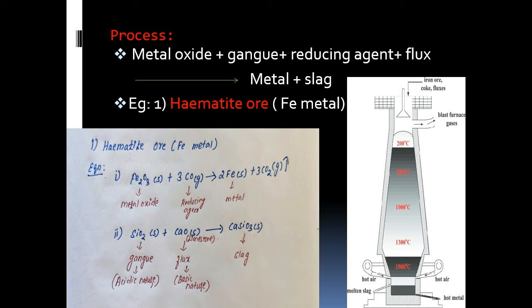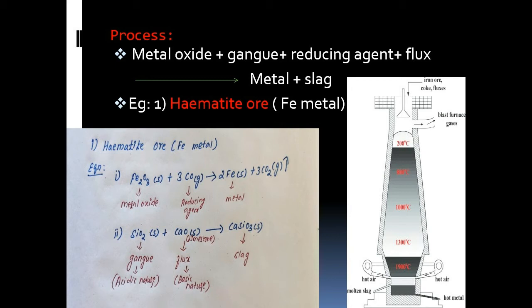Now what happens: the reducing agent reduces it into its metal. So iron metal is obtained separately, and carbon dioxide separates and is released. Now we have obtained the metal separately. But along with this metal oxide some impurities will be there, gangue particles. For example, in most metals, silica impurities will be there. It is nothing but dust, usually present in all ores. Suppose in the hematite ore silica is a gangue impurity,